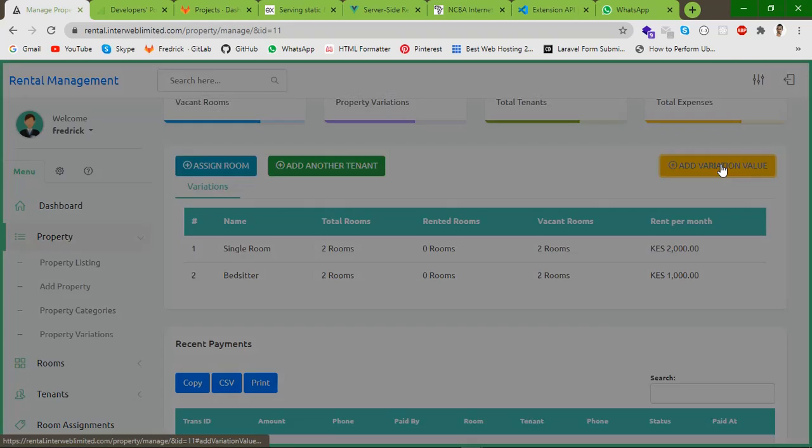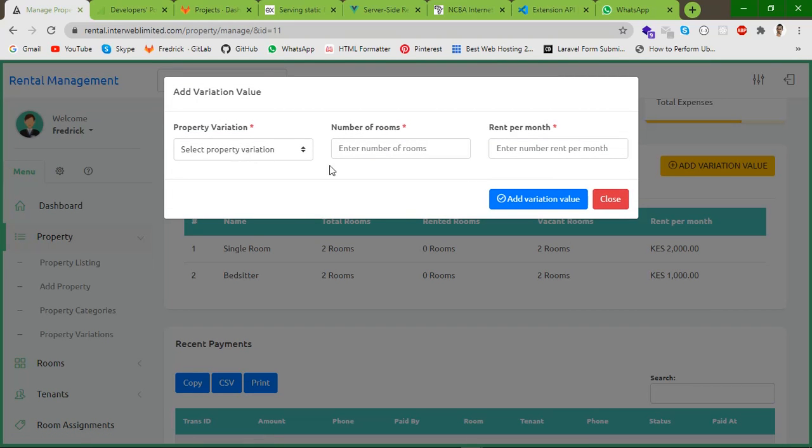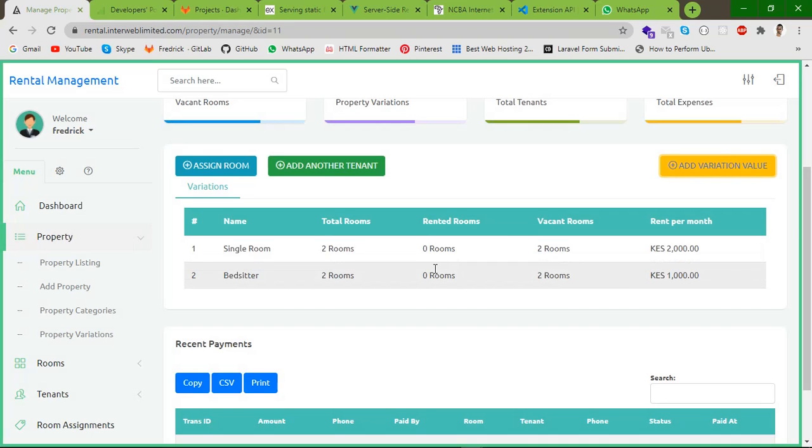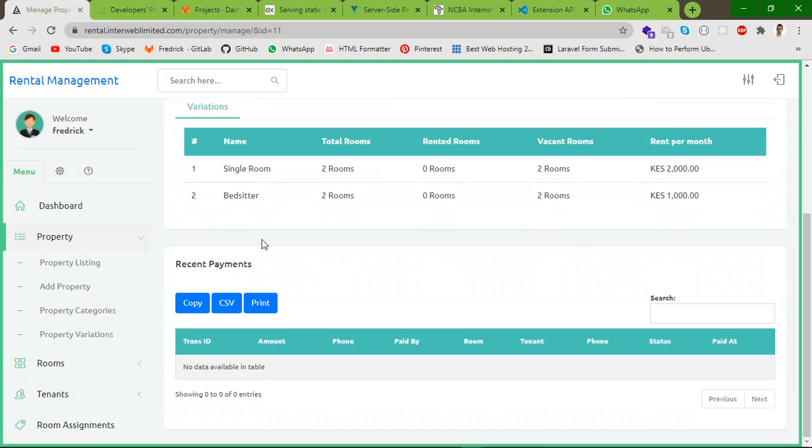You can as well add another variation value, provided at the moment we started with a single room and a bed sitter. So you can as well do another variation type. Let's say now you've got 1 bedrooms in that particular property, so you can as well add 1 bedroom. So I'll take you quickly to